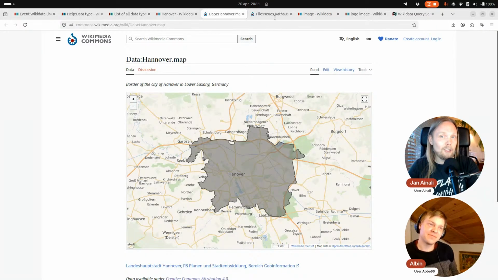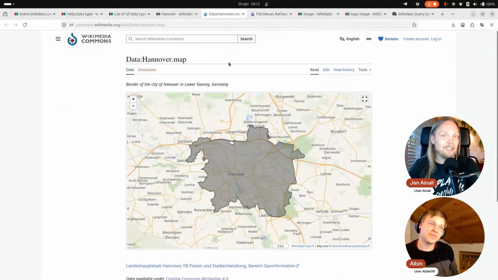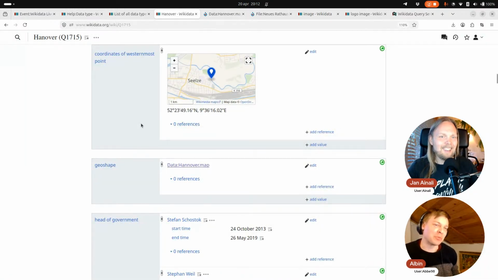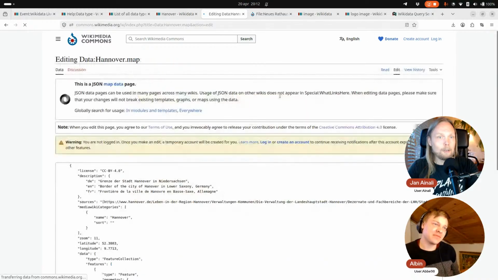So it's not similar to these. The data namespace is, of course, a different beast altogether on Wikimedia Commons. It's more like a regular page. It contains text. Yeah, and here we see a map, but if I press edit here, without going too much into it,